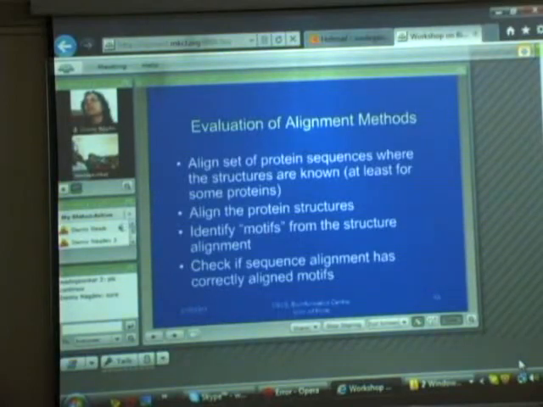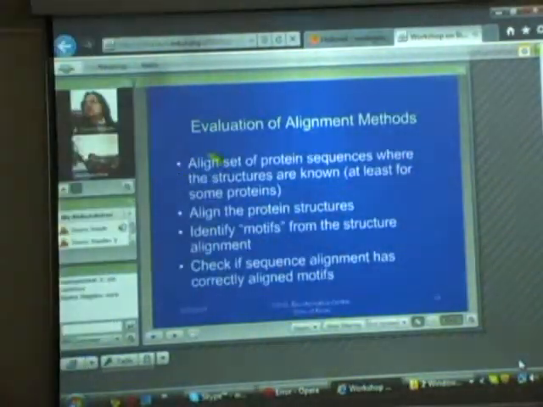So how to evaluate these alignments? Okay, you have used Clustal, you have got the alignment of your sequences, but how about testing its significance? Here are a few tips about that. You should align a set of protein sequences where the structures are known. It is better if you include in your MSA data set some proteins for which the structures are already available, because, as I showed you in the case of the globin proteins, it helps you in mapping the secondary structures and then checking whether those secondary structural positions are conserved in all your sequences or not.